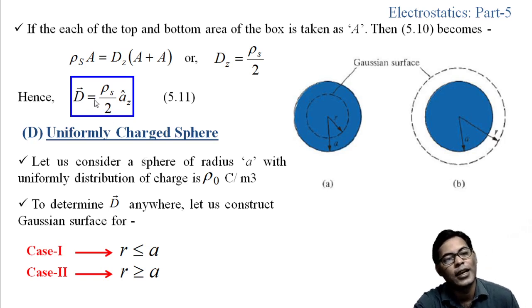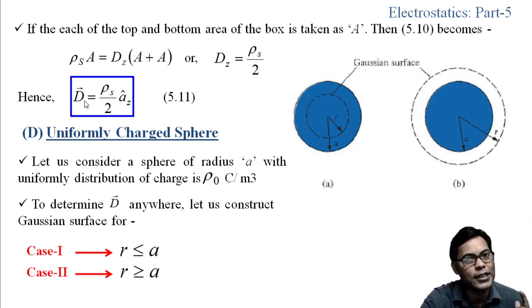So we can see that if we want to find out the electric field intensity on that point P, then D will be replaced by epsilon naught E. So E will be equal to rho s by 2 epsilon naught into az, or for the general equation an, that you can see that equation 5.11 is similar to the calculation of the electric field intensity at the point for infinite sheet of charge, which we have seen, that is E equals rho s by 2 epsilon naught an. Now we have